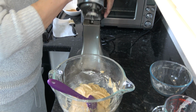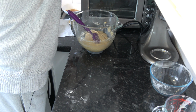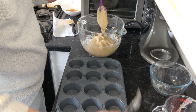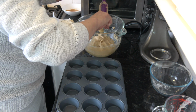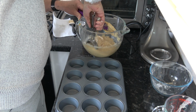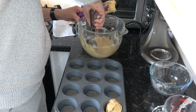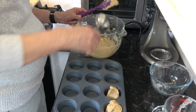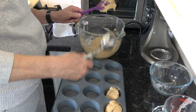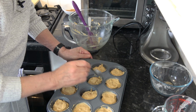And then we need to put that into the muffin tins. And you need to divide that as evenly as you can between the 12 holes of the muffin tin. So with those filled fairly evenly,